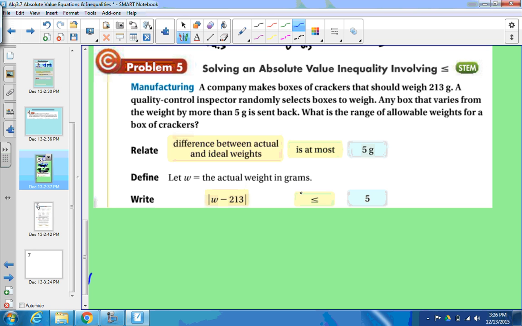Now we take it like we did before. All right, this is a less than or equal to. So it's going to be an and situation. So we have W minus 213 less than or equal to, less than or equal to. The negative 5 is going to be over there, and then we'll keep the positive 5 over there. And when you add 213 to all three sides,